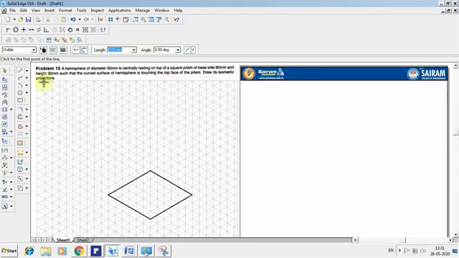The height is given as 30. So at each point I want to increase the height by 30. Again from here you can increase the height by 30, or you can draw the square directly itself. From here again I want to construct the square. This is how you construct it.